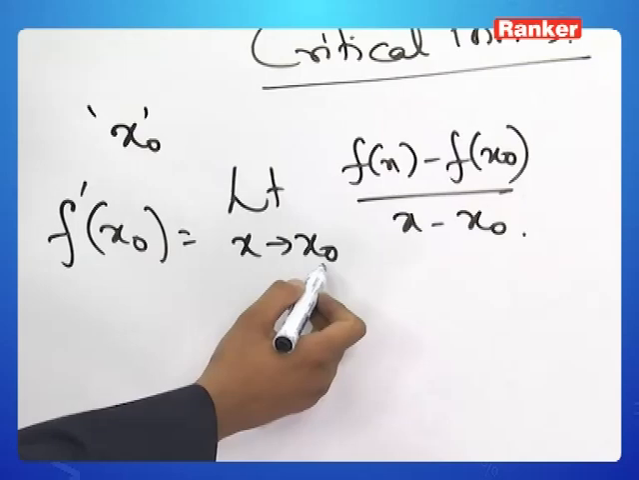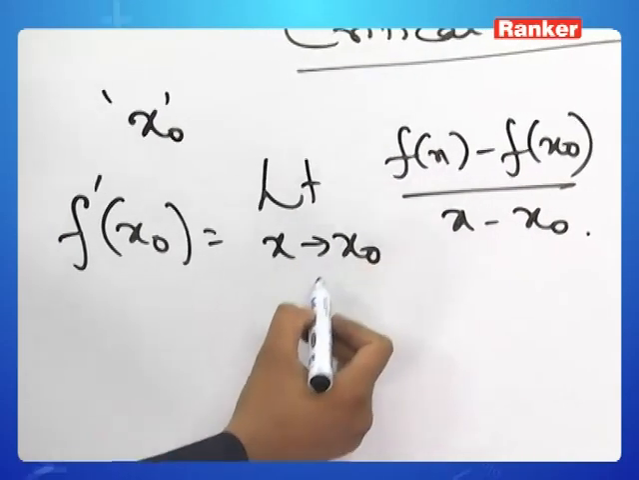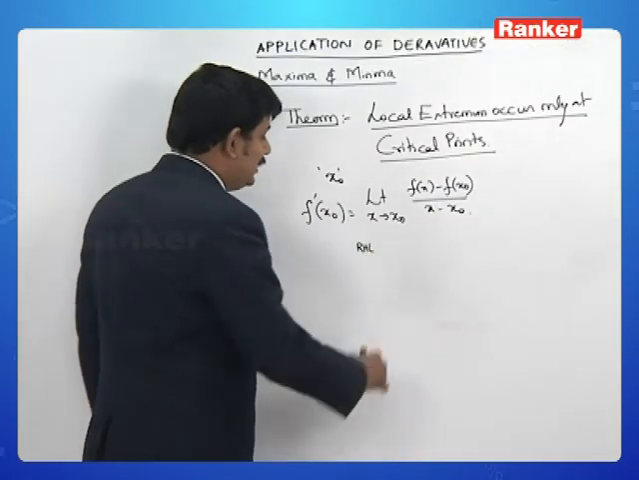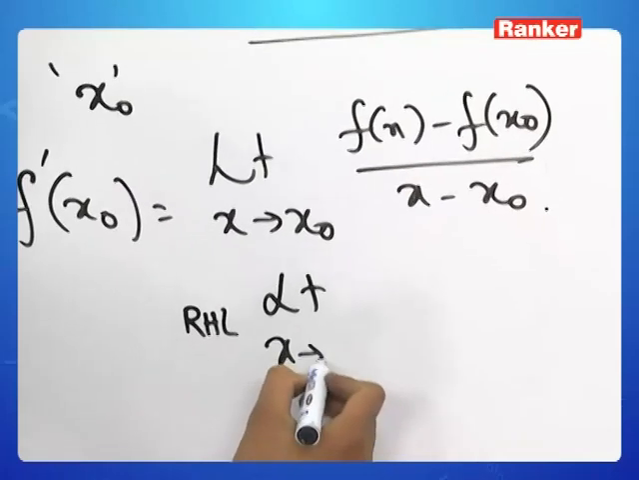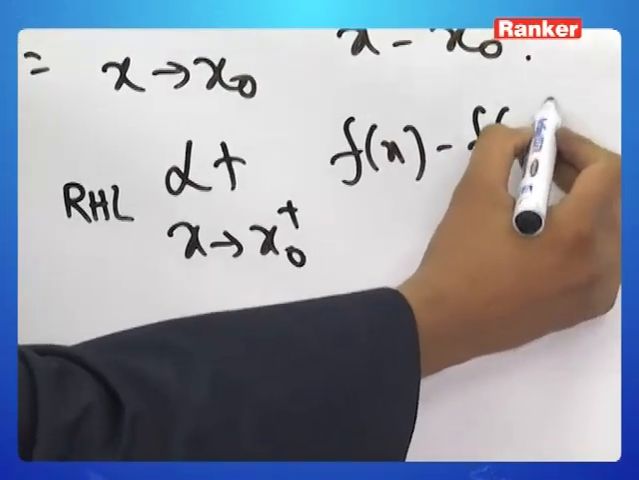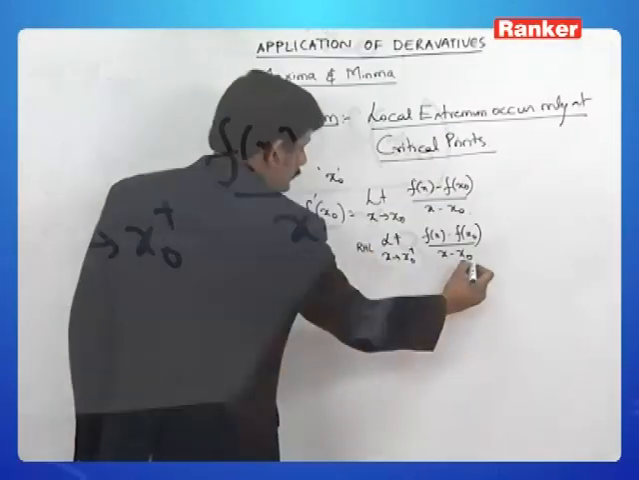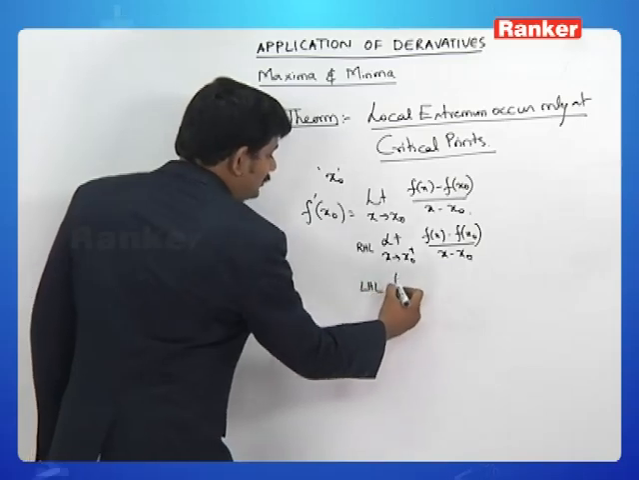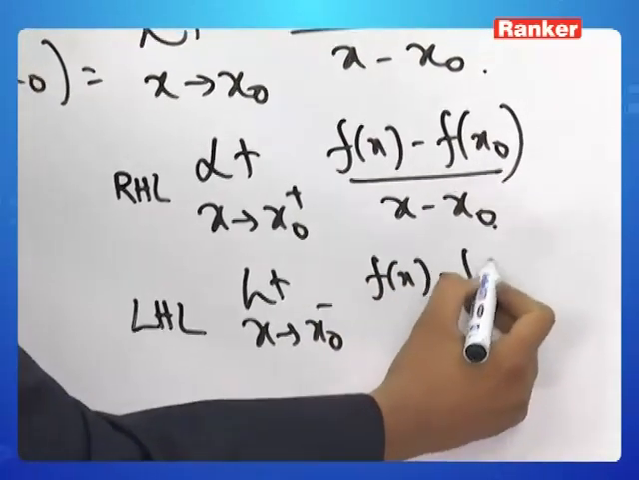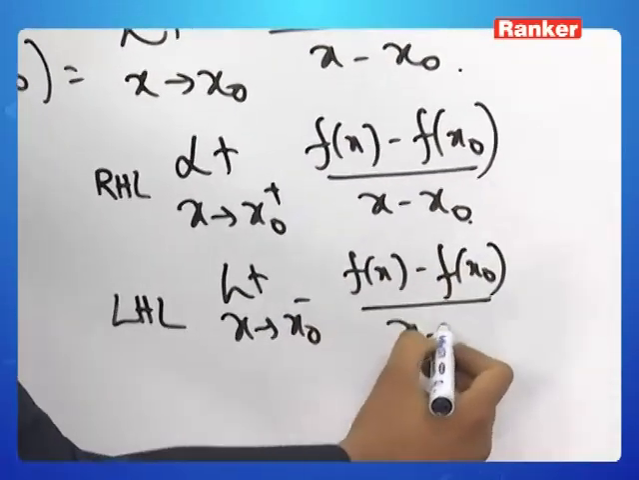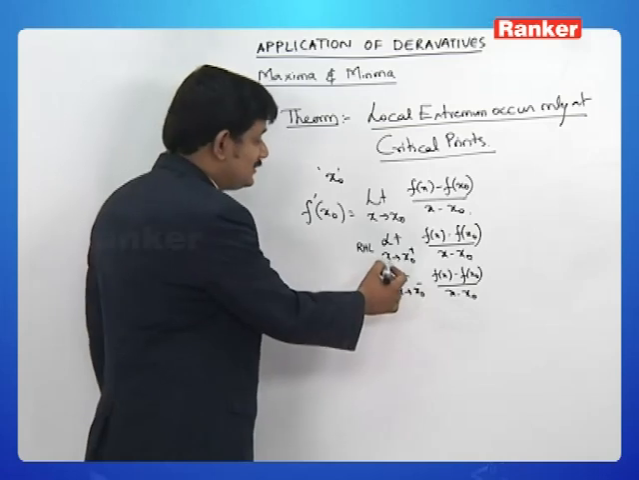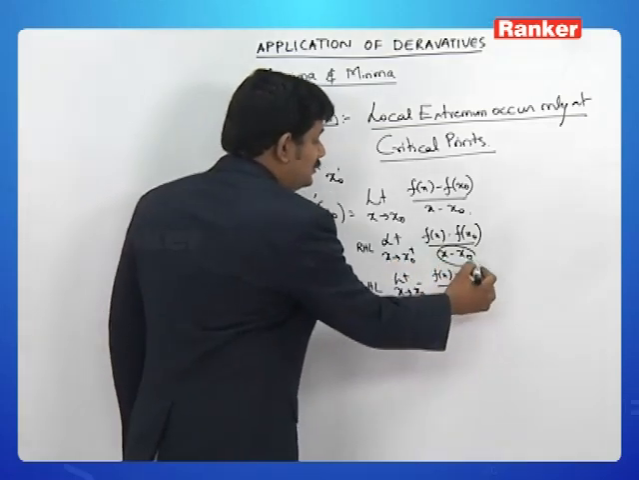Now as x tends to x naught, we have both a right hand limit and a left hand limit. When we are evaluating the right hand limit, which is limit x tending to x naught plus f of x minus f of x naught divided by x minus x naught, and when we are evaluating the left hand limit, limit x tending to x naught minus f of x minus f of x naught divided by x minus x naught. Here in the first case x is more than x naught, so the denominator is positive,